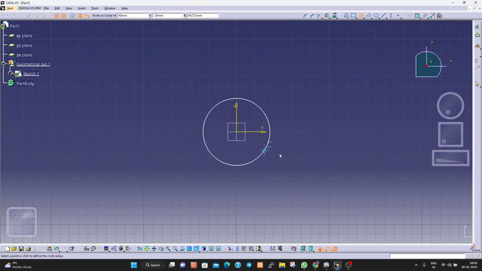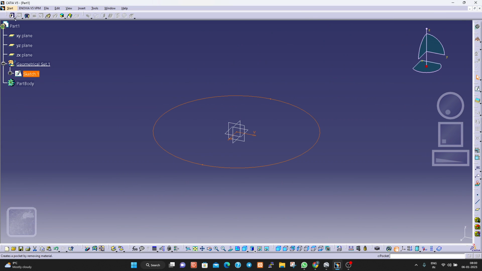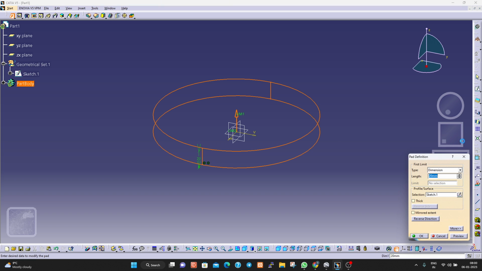So for that, if I select a circle like this and hit OK, and let's pad this bar. Okay, that's okay. Let's go with the 40